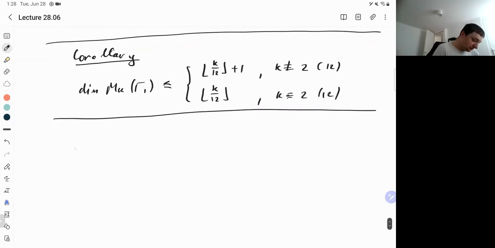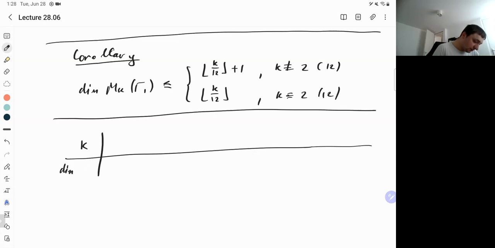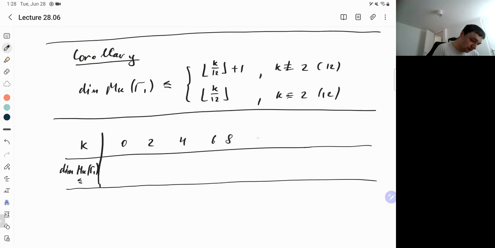And so let me just finish by telling you, let's make a small table. So let's put k here, and then the dimension of M_k comma 1, well, at least an upper bound. But you will easily see that actually this upper bound is attained. So I'll go from 0, 2, 4, 6, 8, 10,